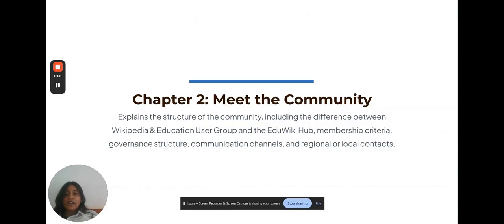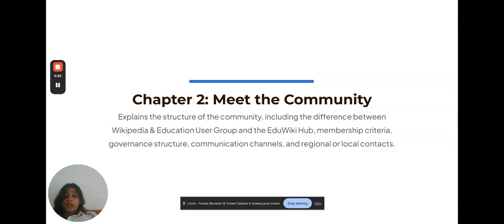My name is Shreya and I'm also a board member of the Wikipedia and Education User Group. And now we are moving ahead with chapter 2, which is Meet the Community. I really like this section because it helps us understand who the people in the community are and how things are structured. And whatever we do, it covers it all.